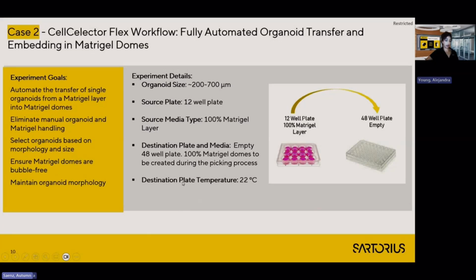We also took advantage of the deck tray temperature control and kept the destination plate at 22 degrees, so the whole plate was at a standard temperature. So when we deposit the droplet containing the organoid, they will polymerize at the same rate after touching the bottom.